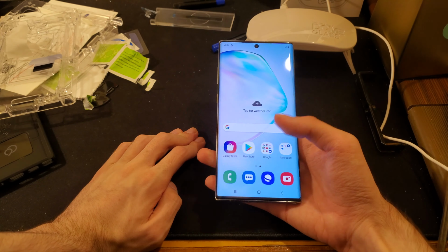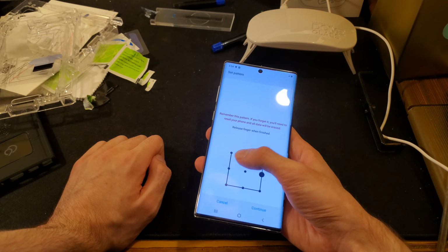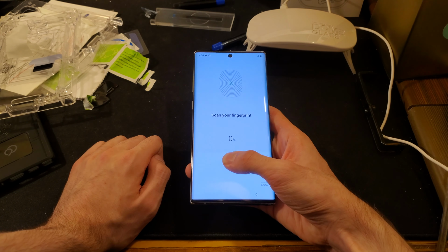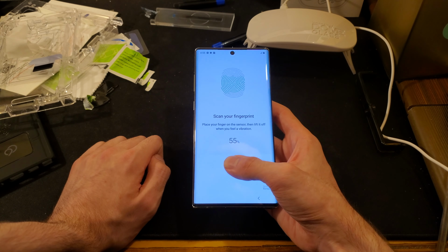It is a little steep. I will tell you the price is a little steep on these, but I think it's worth it. Personally, I think it's worth it. Some people might argue with that, but personally, I think it's worth it over a lot of other tempered glass screen protectors, just because you are getting that kit and you're getting that whole